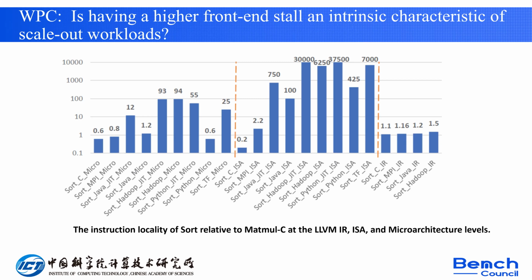This is the instruction mix at the IR level with respect to the other two levels. We want to investigate what makes a difference. We speculate it is a specific optimization that makes a difference. We try turning off Java and Python's JIT compilation option and change to an interpreter mode at the microarchitecture level.